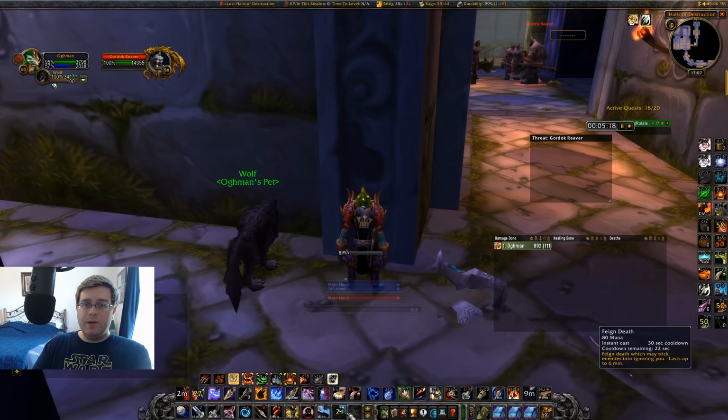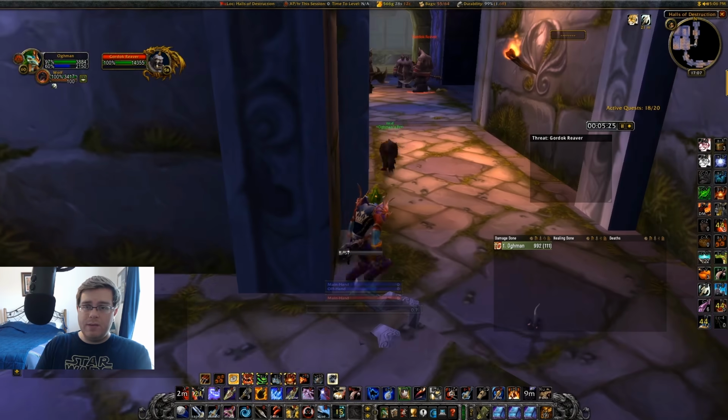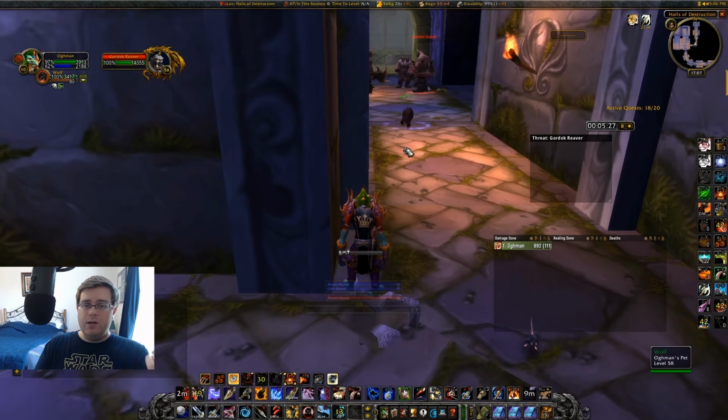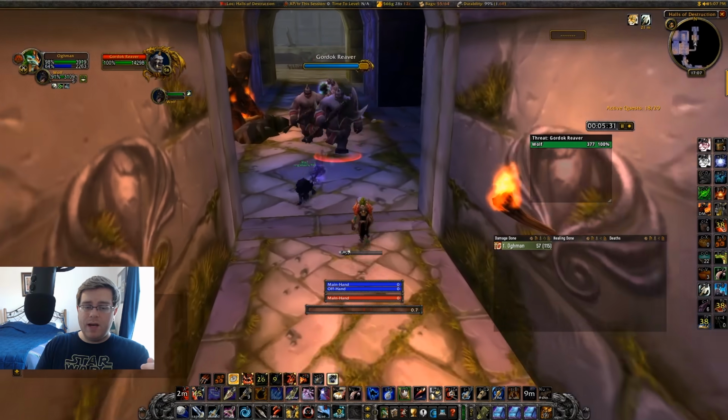Now I'm going to wait for a little bit for feign death cooldown and I'm going to aggro the next group. Again, I'm going to put my pet on stay so that he runs back to this position. I'm going to send him in to aggro the Reaver. As soon as he gets close, I'm going to pop my sprint, run him back with the pet passive macro,